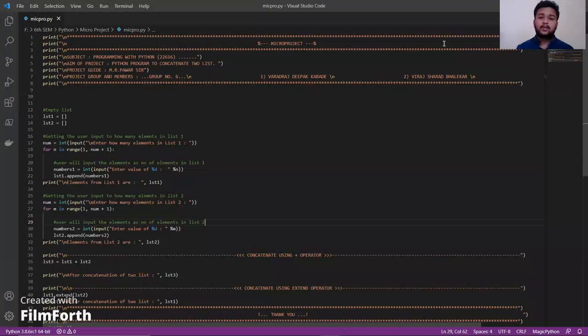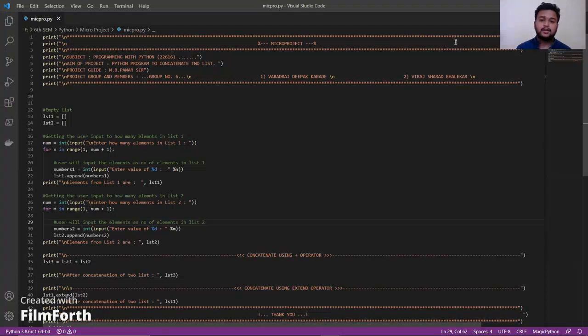Thank you, Viraj. Now we will run the program code of concatenation. We have generated the code as you see. First, we have taken list1 and list2 as empty lists. Then the user has to input a value that will be an element in list1. After this, the user should input element values one by one in list1. Now, similarly for list2, the user should follow the same process as list1.